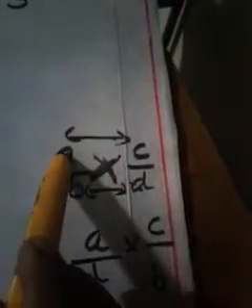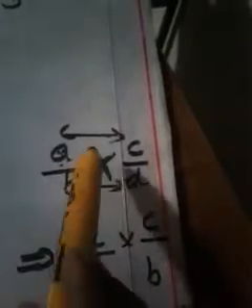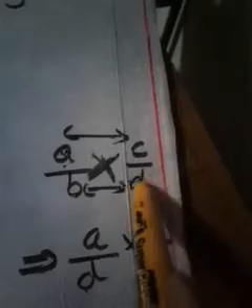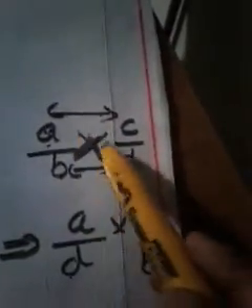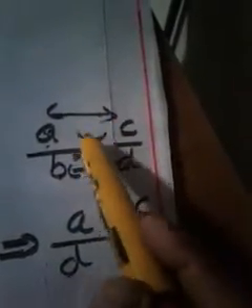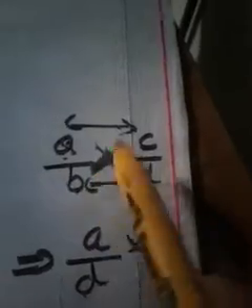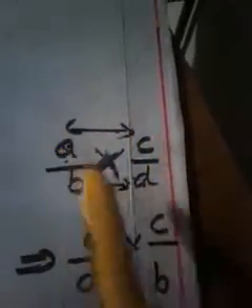That means you cannot write A here, you cannot write D here. That means you are not supposed to take this A from numerator to denominator. You are not supposed to take anything from denominator to numerator. If the operation is multiplication, I repeat, then you can change the numerator in between, you can change the denominator in between. That much only you may understood. Are you following me? Okay.